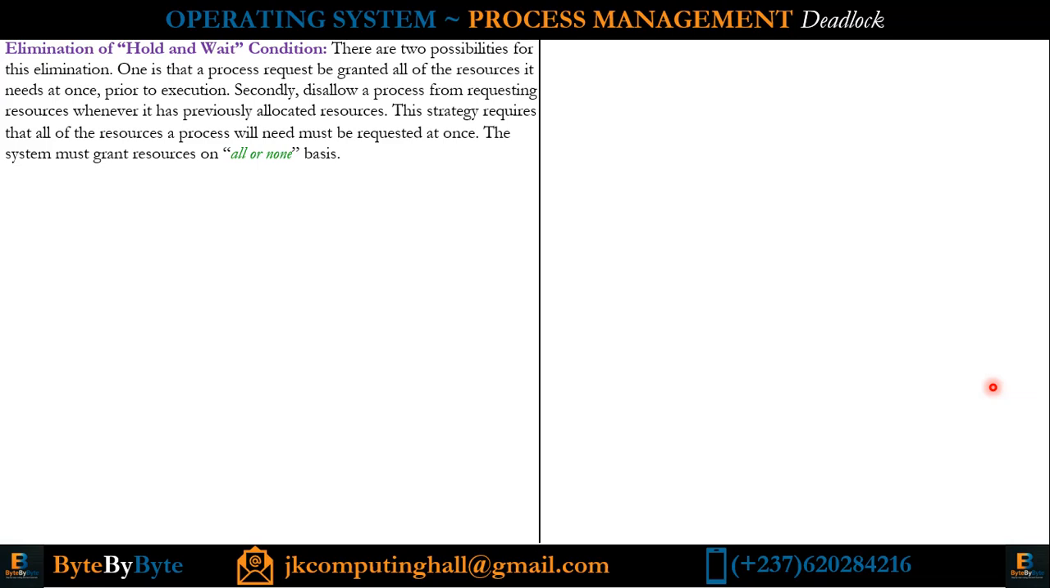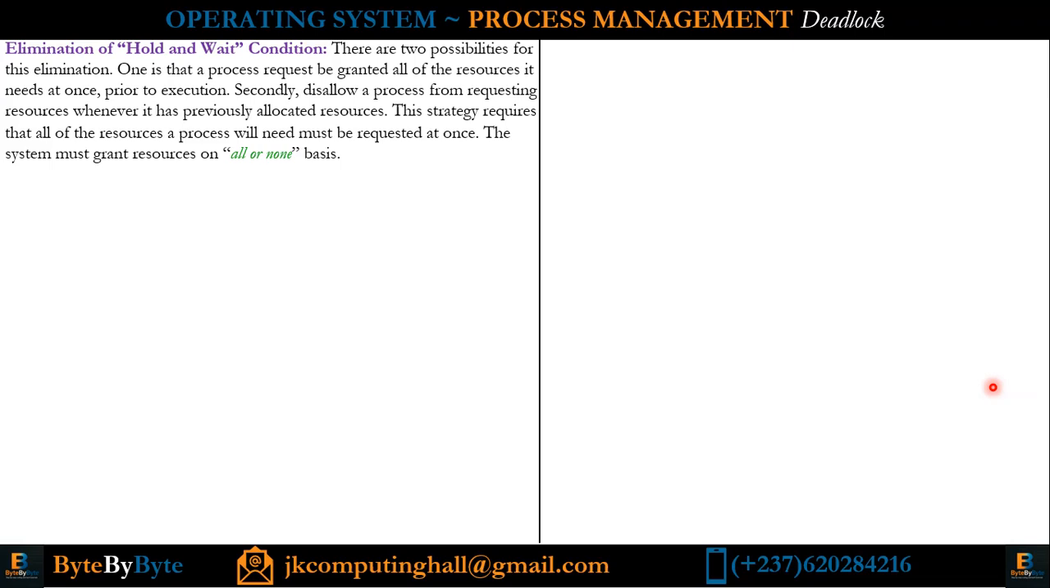There are two possibilities for eliminating this particular condition. One is that a process request should be granted all of the resources it needs at once. That is, when a process is about to execute, all the resources it needs for its execution should be granted at once. Or secondly, we disallow a process from requesting resources whenever it has previously allocated resources. So in order to eliminate hold and wait, there are two possibilities. One,